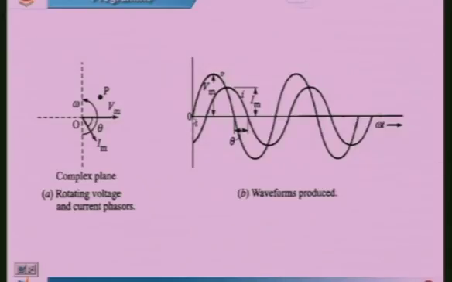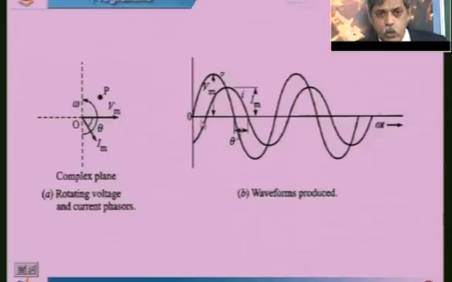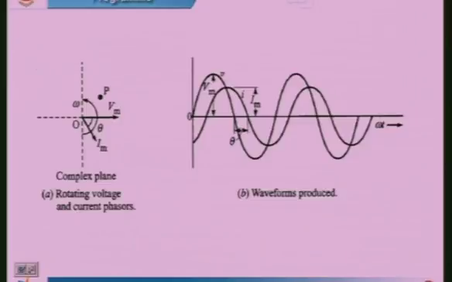See, here voltage is 0, by the time it moves by theta, I will be getting a value of Vm sin theta as the instantaneous value. At that instant the current is becoming 0, okay. Now this angular difference between the voltage and current will remain constant for these waveforms because both the waveforms are rotated at a constant angular velocity of omega.